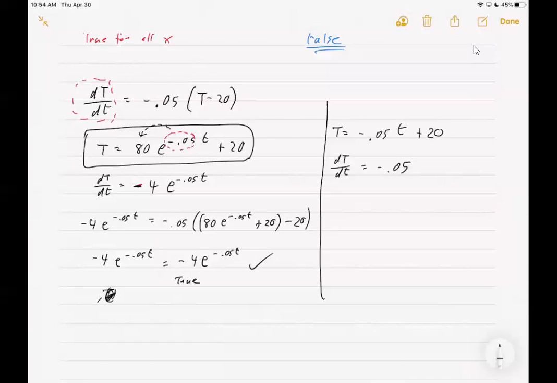But we can clearly see if we substitute into the equation that negative 0.05, if we try to set that equal to negative 0.05 times negative 0.05t plus 20 minus 20, the 20s cancel, but negative 0.05 does not equal